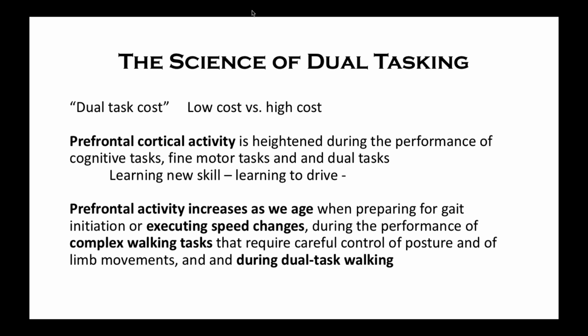This is usually you asking them to do some sort of complex memory recall, or it's usually mathematic problems. A lot of the research on dual tasking will say count backwards from 100 in multiples of 3, and then they'll measure their medial lateral sway as they're doing that. That would be you testing your client's ability to dual task and balance the proprioceptive cognitive side of balance and